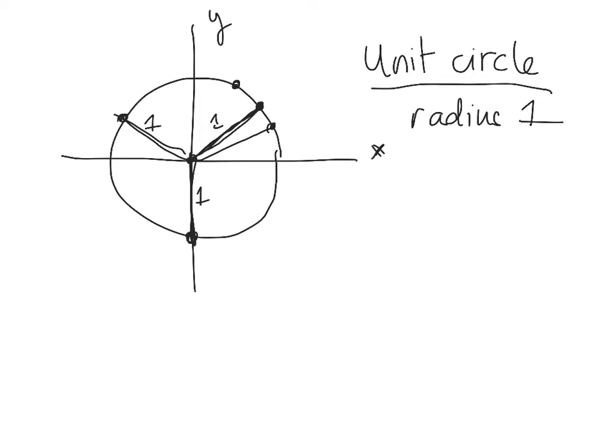Now, to get to this point right here, if we start at the origin, we're plotting a point that's here. We had to go to the right, then we had to go up. But when we go to the right and then go up, we get a triangle. So let's pull that triangle out. I'm going to erase this part. But we have this triangle,